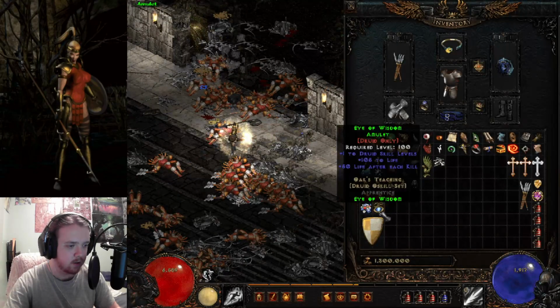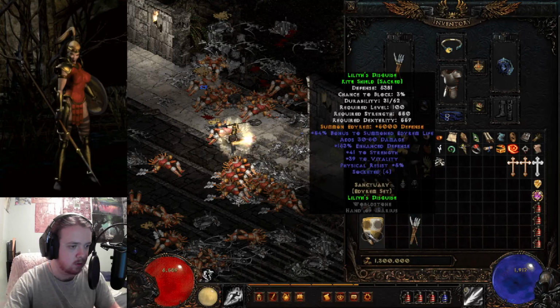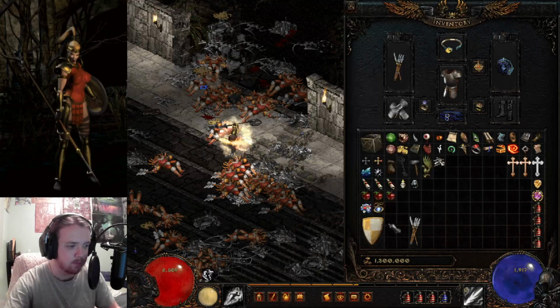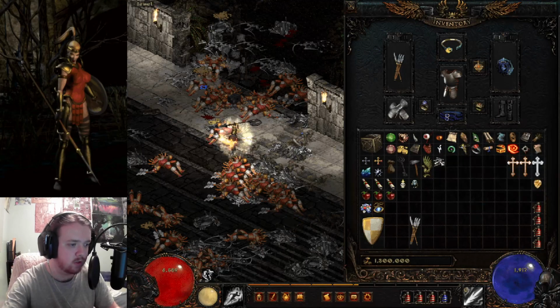Here we should have... Ooh, Eye of Wisdom. This is the Druid O skill amulet. Interesting. I haven't seen that one yet. We picked this up. This is the Edrium set. That's kind of cool as well, actually. Physical res, strength, vitality, ED, flat damage. Ton of extra defense for the Edriums, which we have, we just don't use. I will use eventually, but...